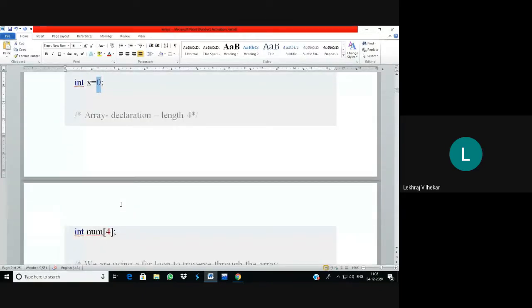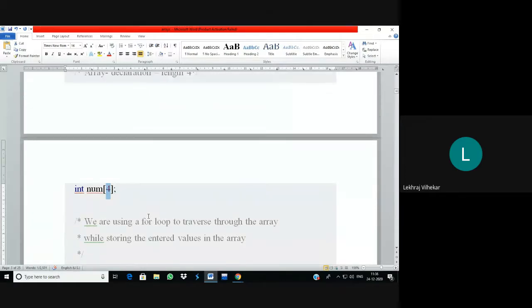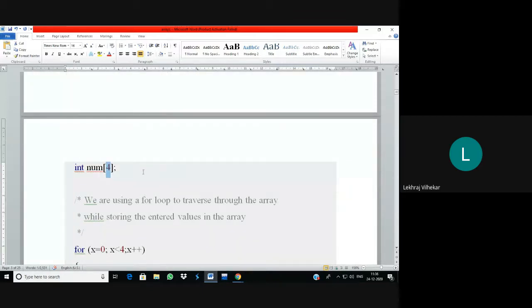Okay, now we have seen how to declare the array. So here there is a simple array declaration. Integer, the type of array is integer, the name of array is num, and then how many elements there are. As the problem is given, you have to find the average of 4 elements, so these are the 4 elements. Now how can we read the values for the 4 elements? Again, that is a question, because we have to read the value 4 times, which means you have to write the scanf statement 4 times.